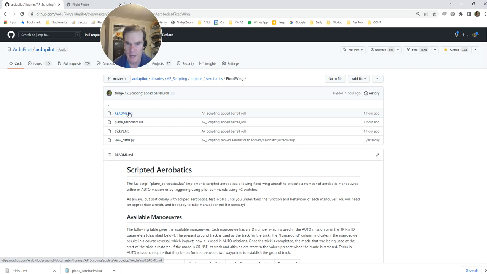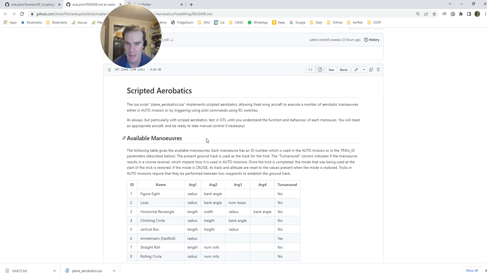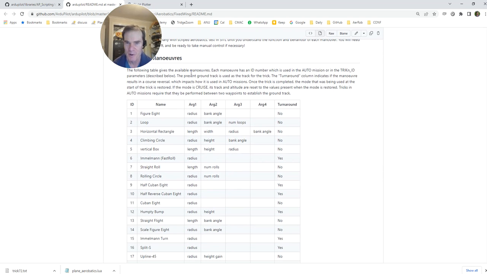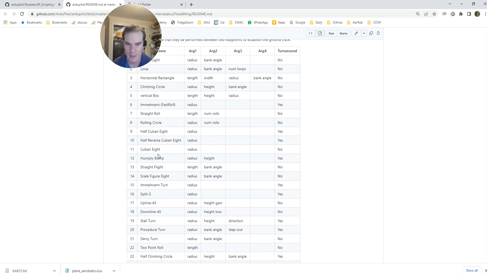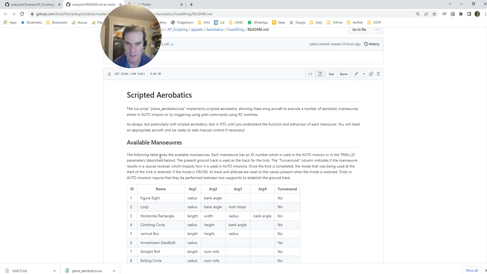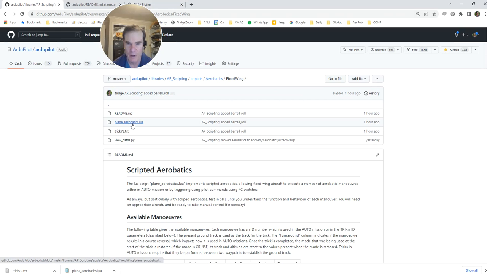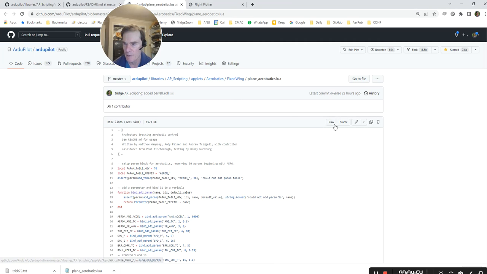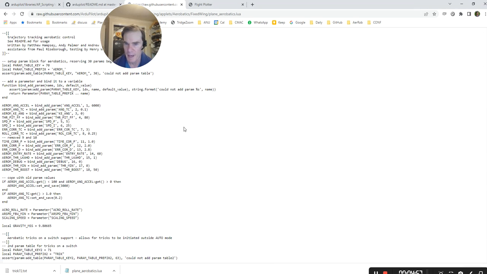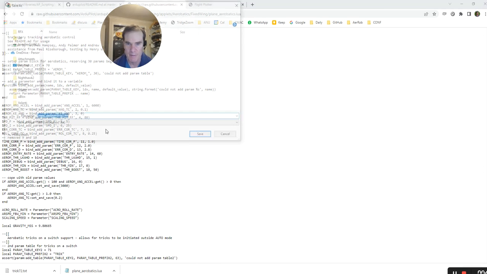While we're here, I'm also going to open up the documentation, because you're going to need this documentation later. This documentation tells how you can set up complete aerobatic sequences. But we'll just keep that to one side, and we're going to download this little Lua script. Right, so we'll grab that, and I'll just go into RAW. And I'm going to save as